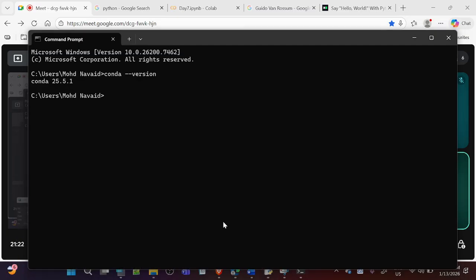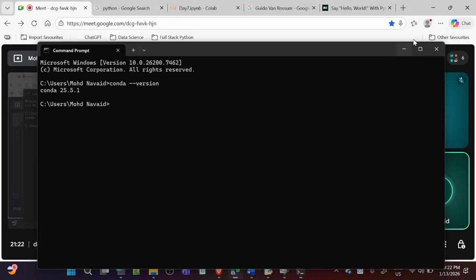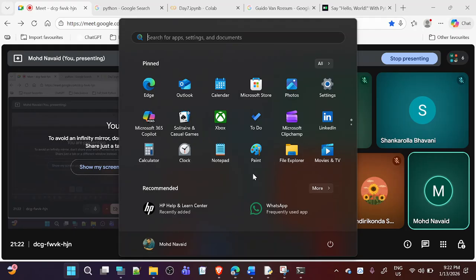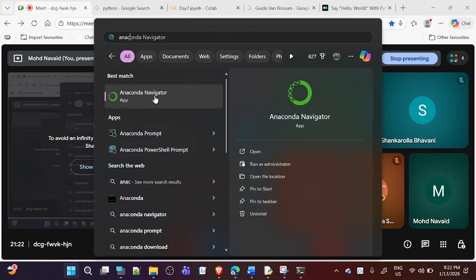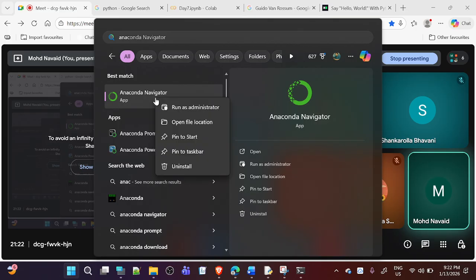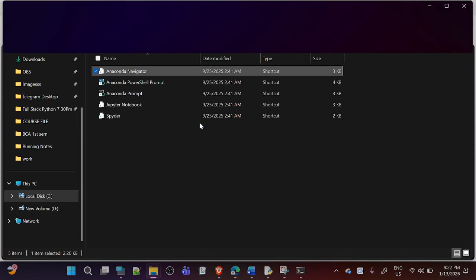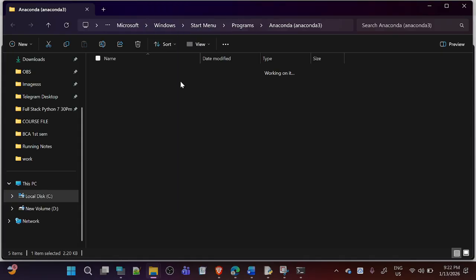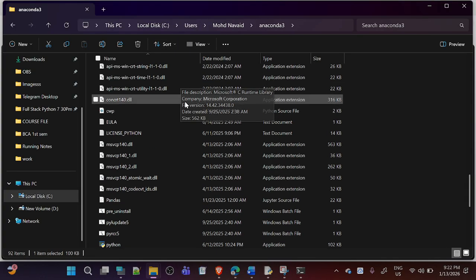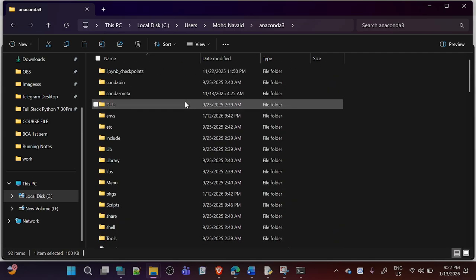If it is not set up, then you need to set it up so that you can get proper launching. For example, I'm writing here Anaconda Python or Anaconda Navigator. I will open file location. From here I will go to the file location again, right? And here you can see,